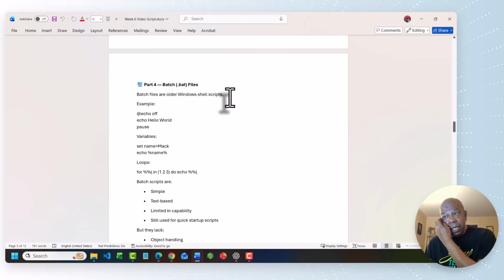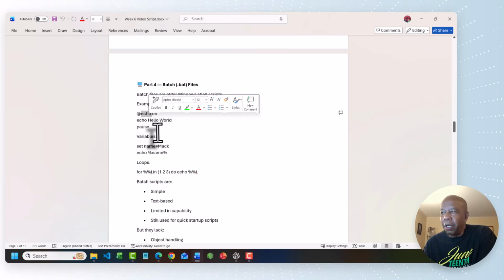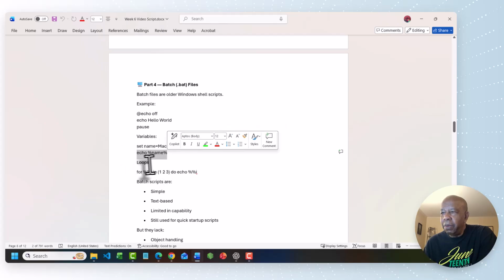BAT files are older Windows shell scripts. I can remember using BAT files quite often as far as running scripts. But again, this is an old version. Example: echo off, echo hello. You're still using the term echo to print, but variable set name equal mac echo here as far as writing things out. Similar to